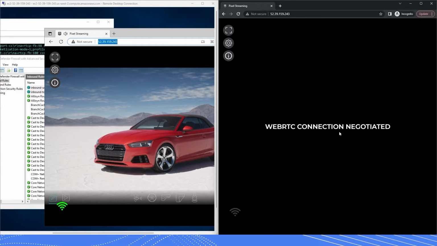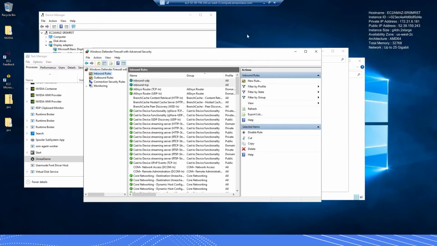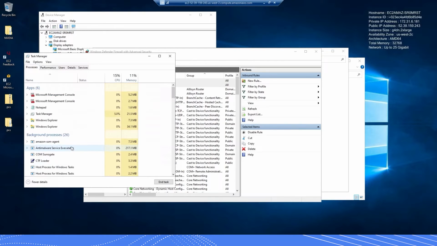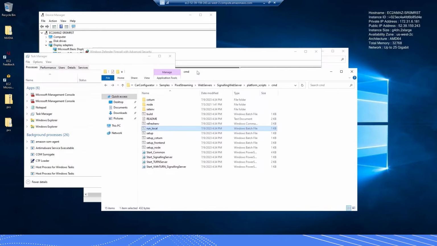And the way to fix this is to add a TURN server when you start up your signaling server that acts as a middleman to allow pixel streaming to happen. The way that we do that is first I'm going to close my application, and I'm also going to close my signaling server. And just to make sure that we're doing this from scratch, I'm also going to close my game so that the game itself is not running. After I've closed everything, now let's add a TURN server into our configuration so that we can pixel stream successfully